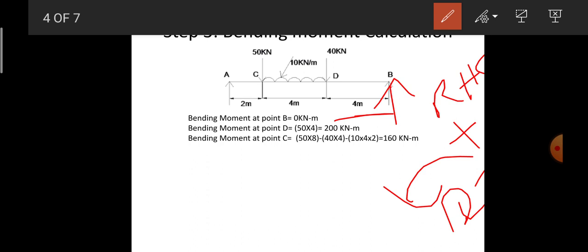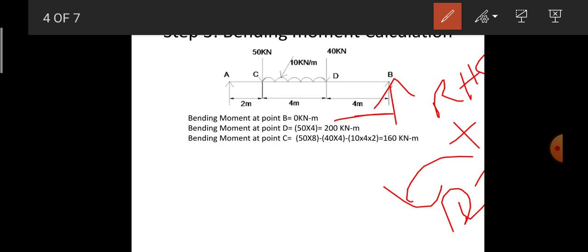We need to go along the force through the line of action, so therefore it is considered to be anti-clockwise, so it is positive. So next is 40 kilonewton load which is acting at point D. So it is 40 into perpendicular distance from D to C, which is 4 meters. So 40 into 4 which is acting in the clockwise direction, so hence it is taken as negative.